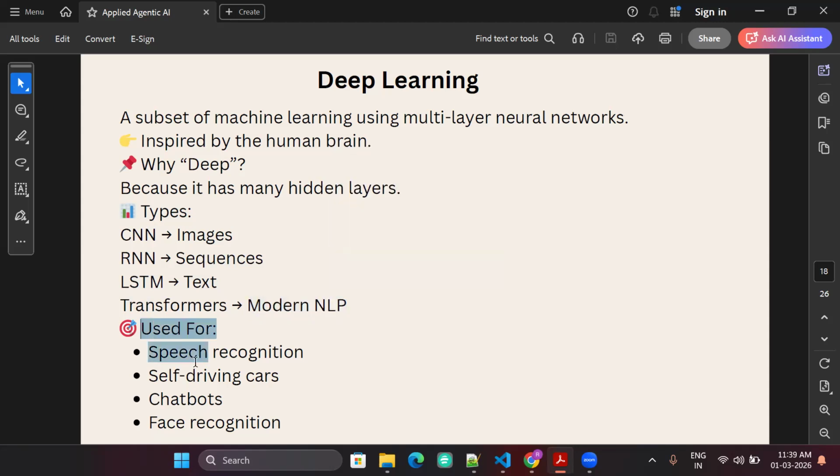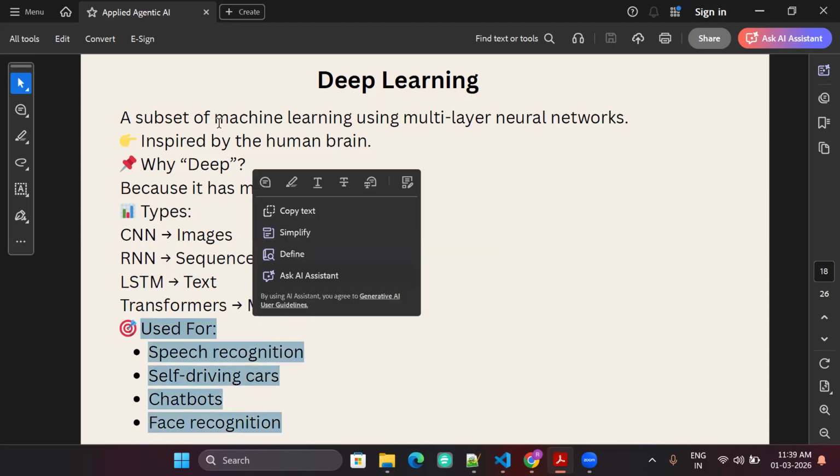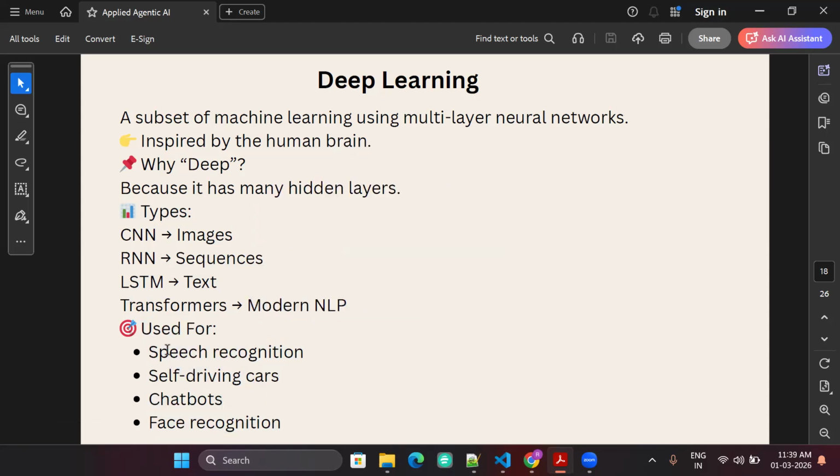So this deep learning, they all were used for these kinds of use cases in the past. Because you remember, the self-driving cars concept was coming way earlier than what we see today. Google already introduced self-driving cars a long time back, before GPT or other things came. So how? Because they were still doing machine learning but using deep learning concepts.